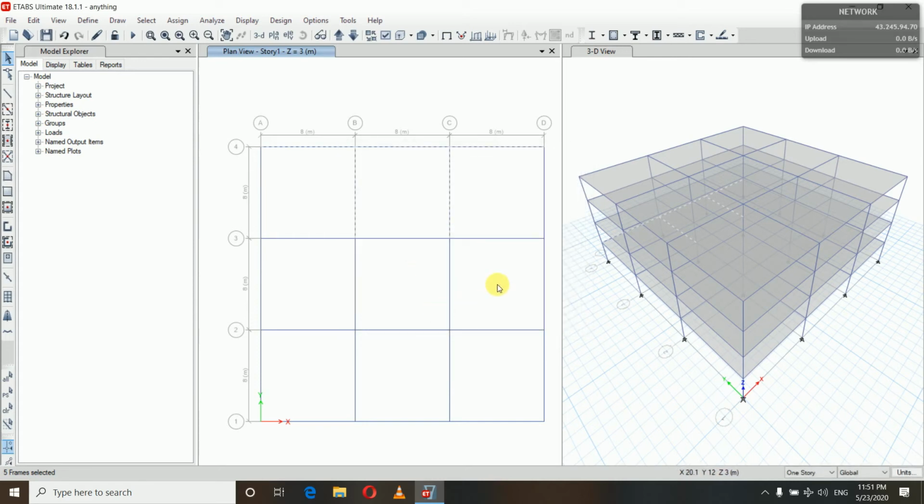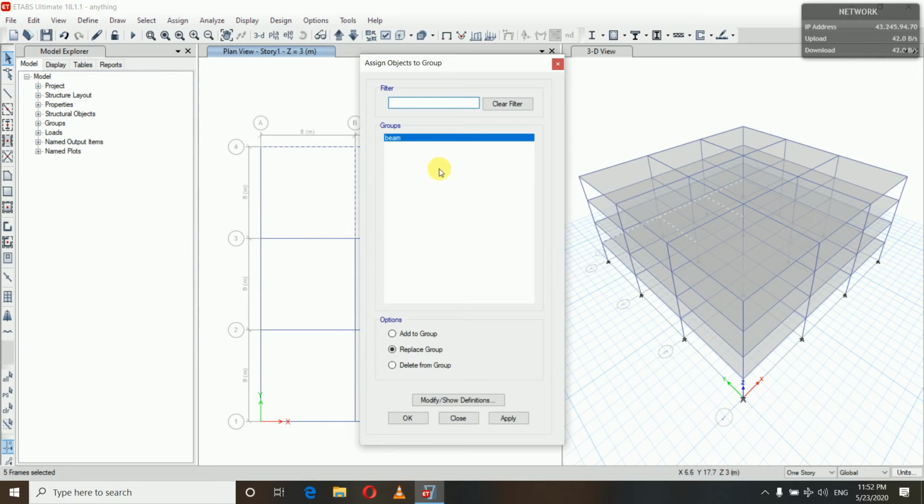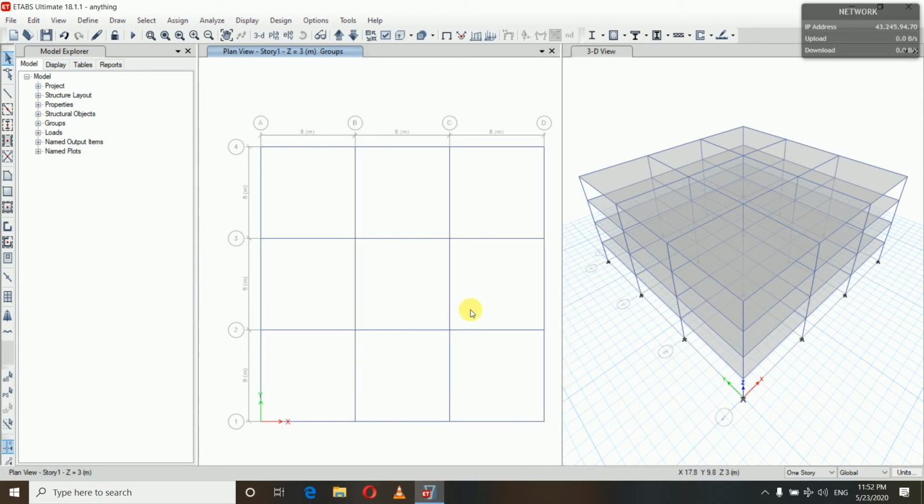Okay, and now go to assign, and you can see here assign objects to group. Assign objects to group. Now add to group, apply. Okay, now close. So you have created a group here.